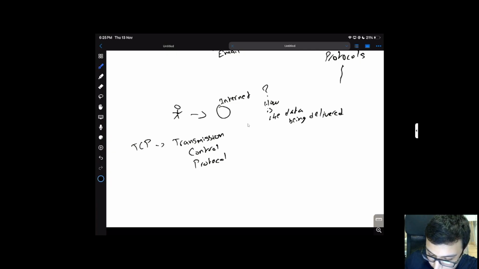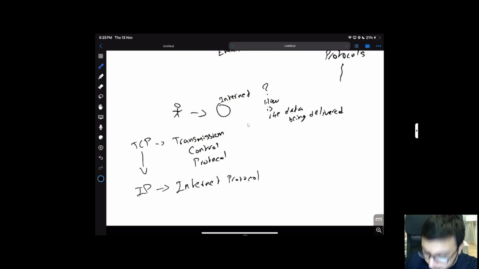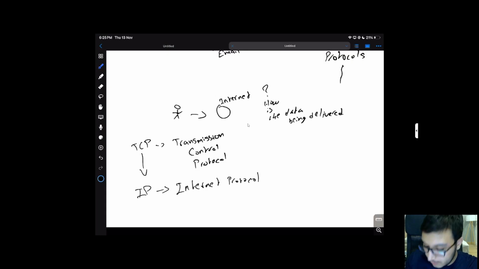And it also works with something we call an IP, which is Internet Protocol. And the Internet Protocol, you can think of it as an address system. So like I have an address to my home, I have an address to my work, my, you know, school, whatever. So the address system also works in a similar way where users, whenever they connect to the internet,